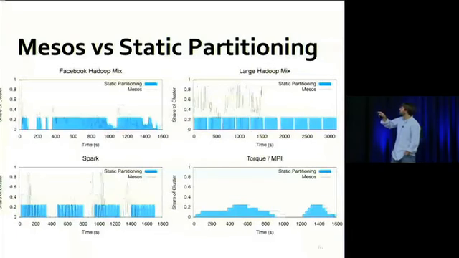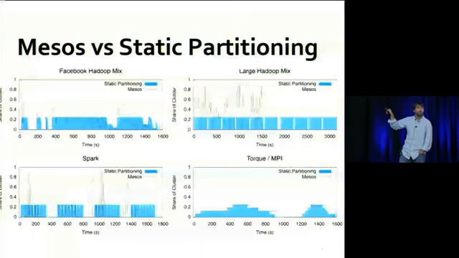In the first, the upper leftmost graph, you'll see that the amount of time it took to run those jobs in Mesos and not in Mesos is almost the same. However, with the large Hadoop mix, the one that's got a lot of lines above the blue regions, you see that it actually finishes its